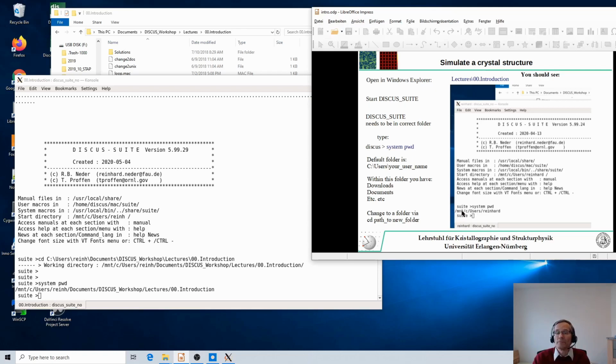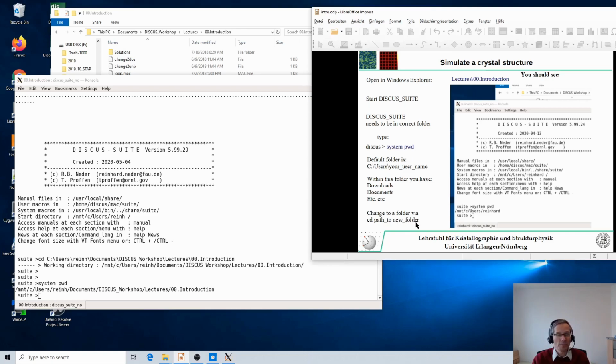Ignore the /mount. That's due to the fact that the program is actually a Unix program and runs on a Unix behind your Windows. I might eventually mask that in a new version. Forget about that. But basically you end up in users and then your username, and from there you can navigate to any kind of path with the command cd,